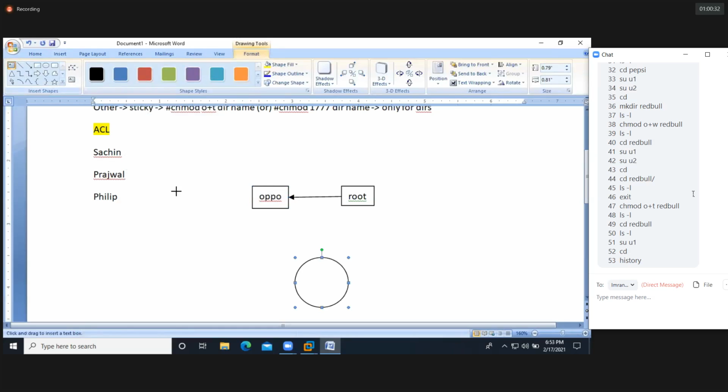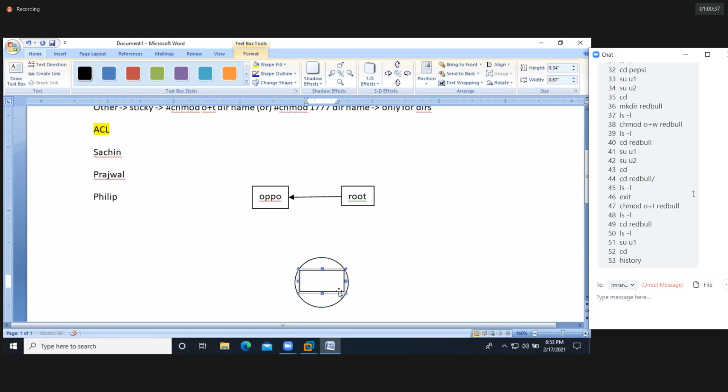Redmi, Realme. Okay, good. So the group name is Realme. Okay, Vivo. Okay, Vivo is good. So Vivo is the group name. Mahipal gave the group name called Vivo. Okay, and then group members will have Mahipal as a group member of the Vivo group, as well as Prajwal, Philip, Mahipal, anybody, approve.